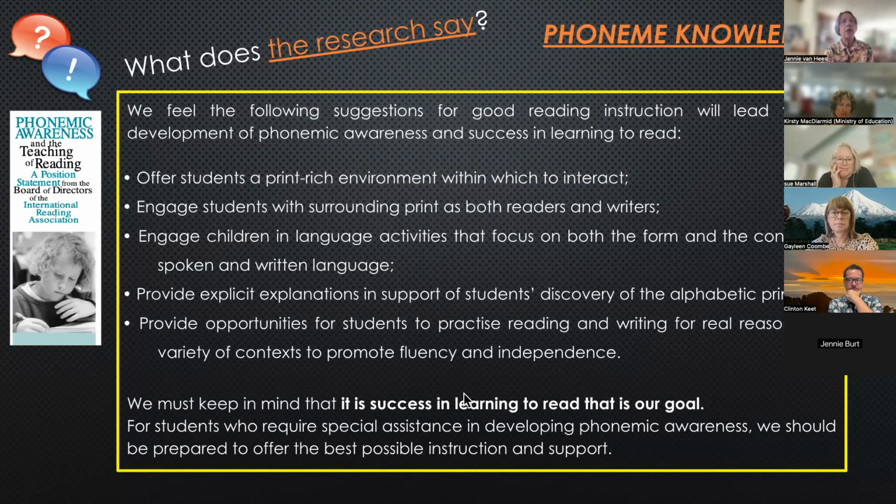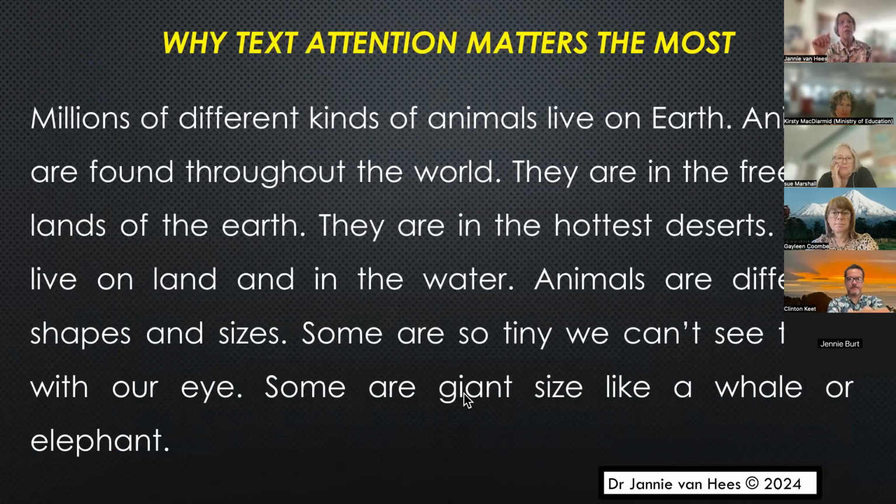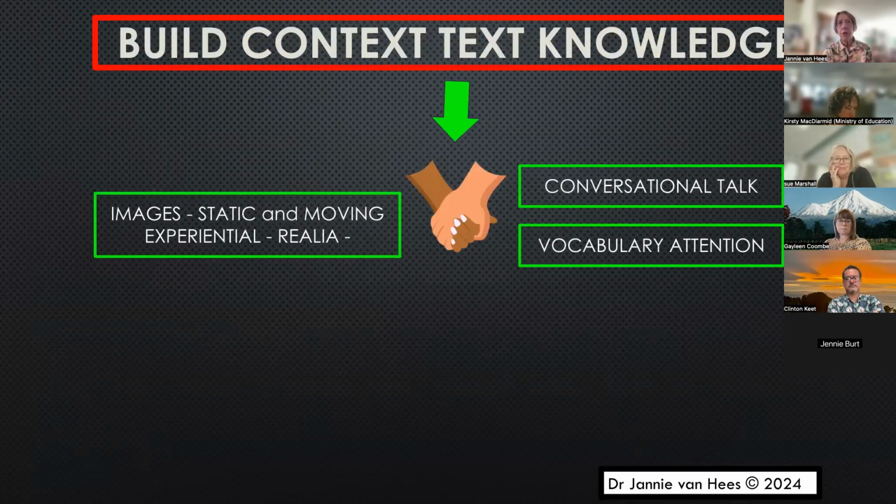And I wanted to just illustrate that. So here's, it depends on age and stage, but here's a not too complex text. Millions of different kinds of animals live on the earth. I can't see that little bit there, but I'm going to leave that for you to read. Rather short sentences and not too complex from a word attention point of view, but it actually is very complex in that there are many concepts that are really worthy of exploring and rolling through the text. So again, what's important to focus on?